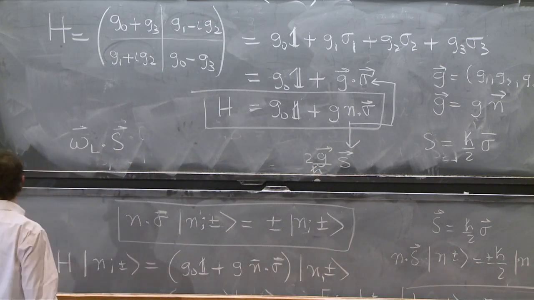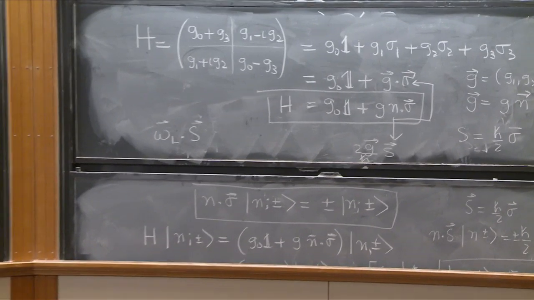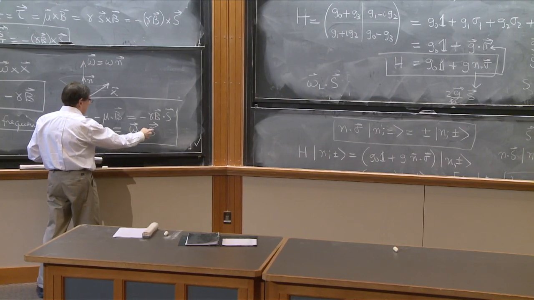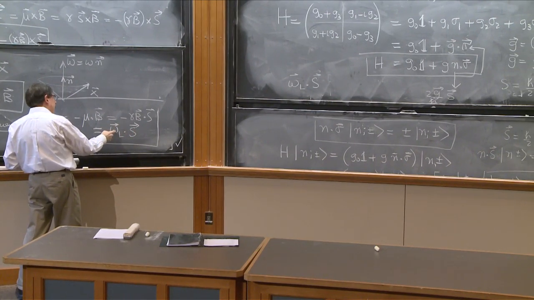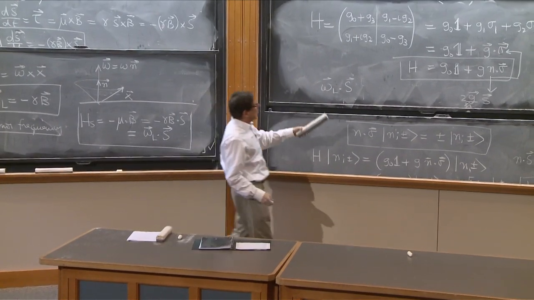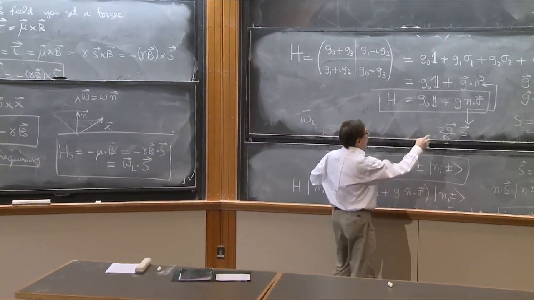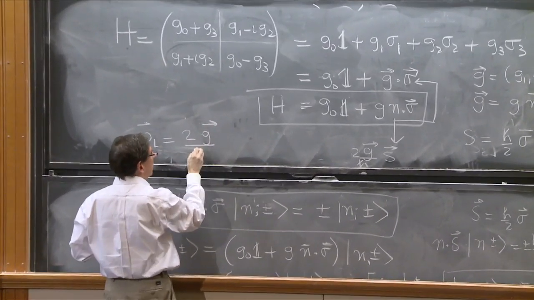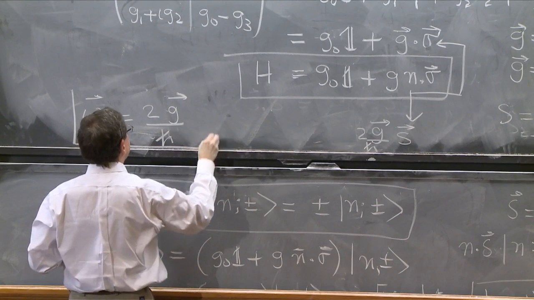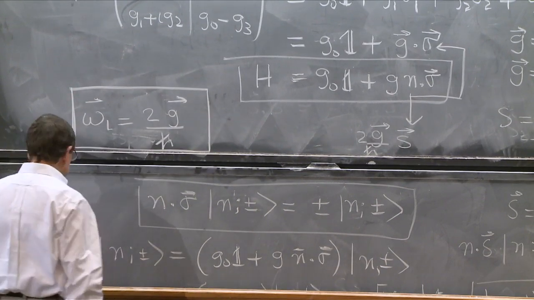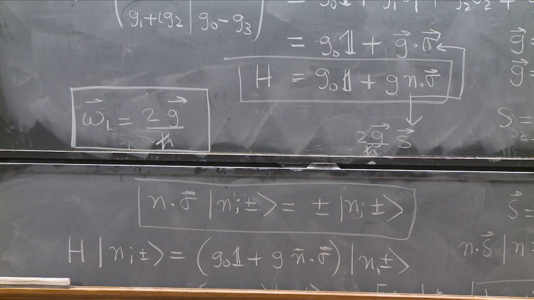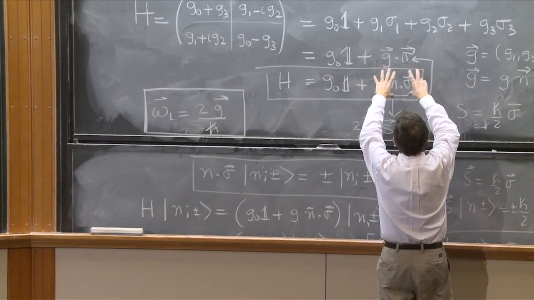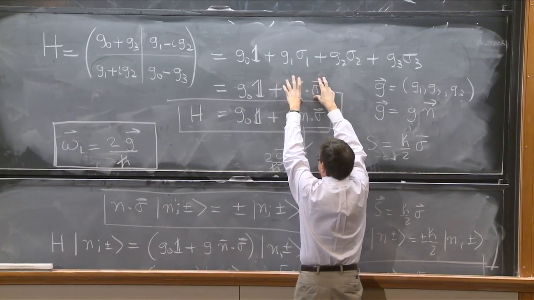And remember, in a Hamiltonian for a spin system, whatever is multiplying the vector that is multiplying S is omega L. So in this system, I will write it like that: omega L is 2g over h bar. And this is a great physical help, because now that you have this, I should remark, this part of the Hamiltonian is the one that does precession.